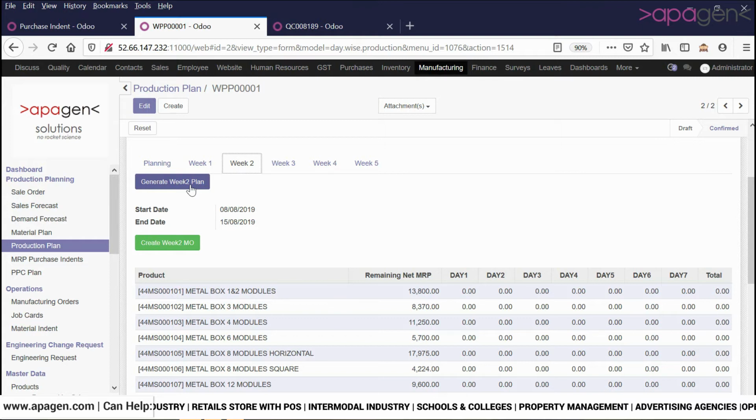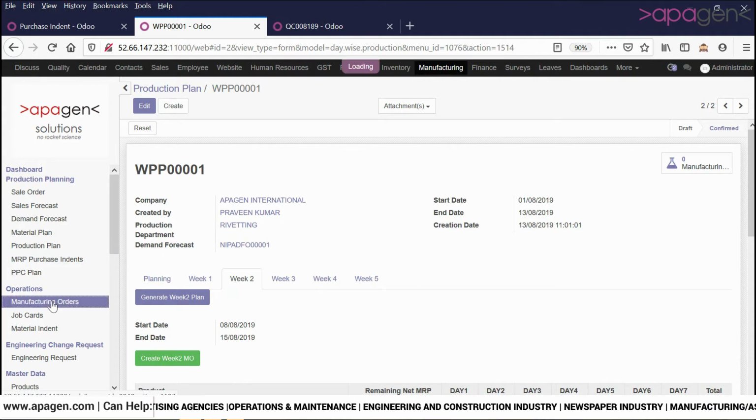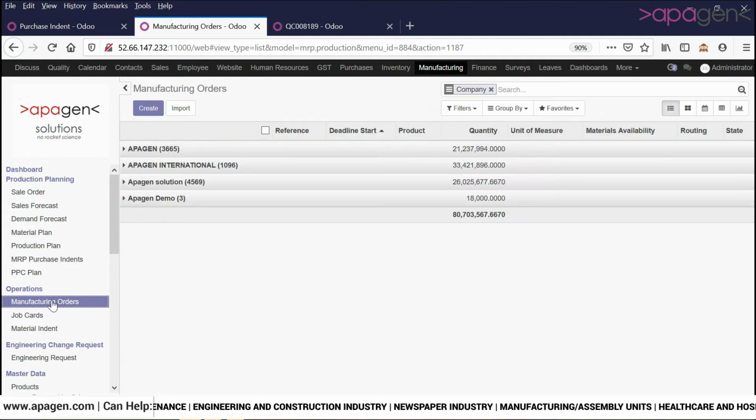Now, once this production planning is done, you can go ahead and generate the purchase orders or the manufacturing orders within the system. Please note that the manufacturing orders are all generated from the production planning. Let's take an example.